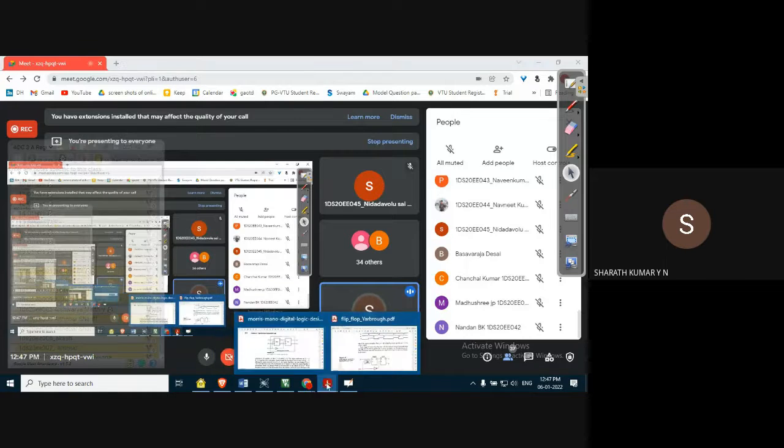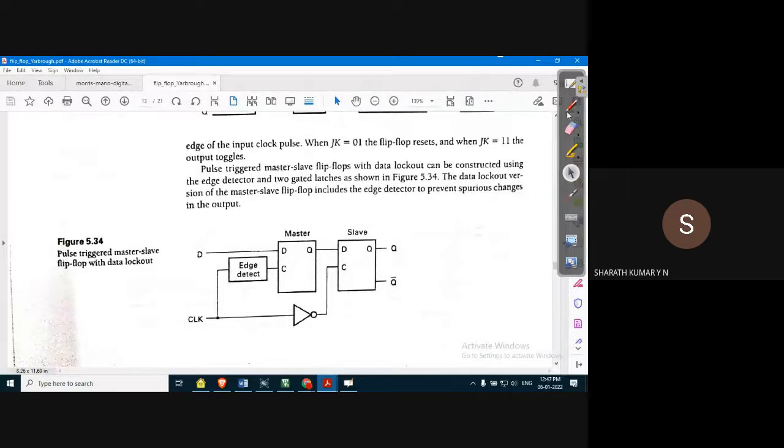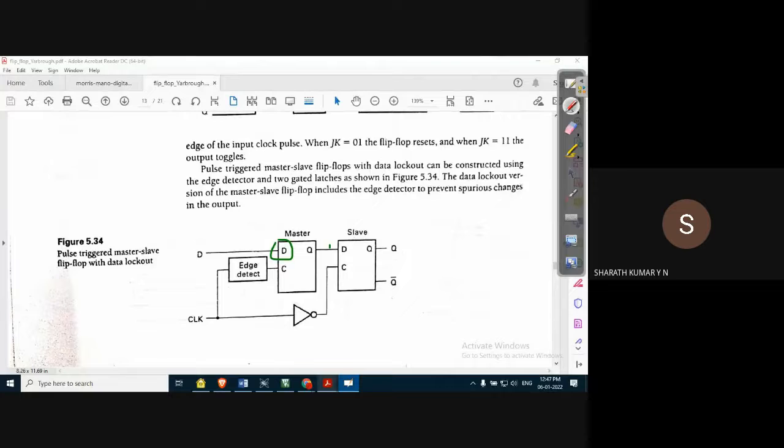Now, what we understand in this concept, in this circuit, is the same circuit base. The only difference is that here the D flip flop is built using the RS flip flop. That's not too much of a difference anyway. Edge detect is used. What is the advantage of edge triggered flip flops over pulse triggered flip flops? Instead of triggering the flip flops at the clock edge, the flip flop continues to trigger as long as the clock pulse is high or as long as the clock pulse is low.